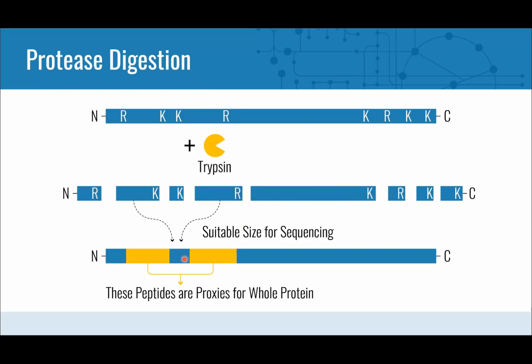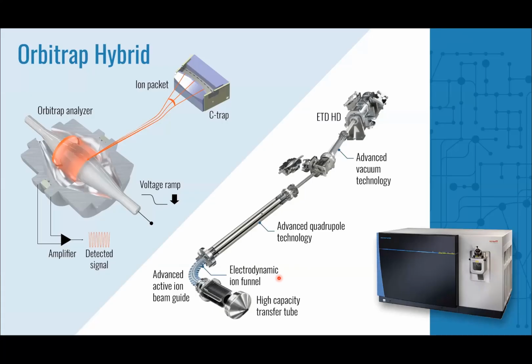So in any given protein, when we do a trypsin digest, we're going to get a subset of peptides that fall within the viewable window, if you will, of the mass spectrometer technique we're using. But that's okay for most applications because we're just going to need a handful of peptides to serve as proxies to tell us about the presence of this whole protein or even its abundance. So I already went over this